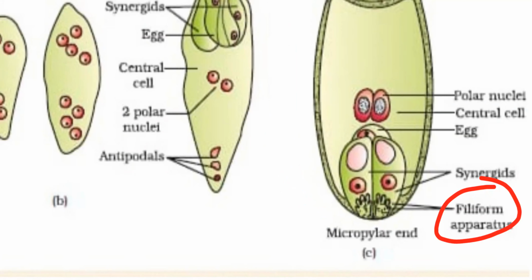So the 2 cells called synergids, these 2 haploid cells near the egg cell, are very essential, as each of them possesses a cellular thickening towards its micropylar tip named the filiform apparatus. And this filiform apparatus plays a significant role in guiding the pollen tube inside the embryo sac via synergids. Through the synergids, the pollen tube will enter inside the embryo sac.